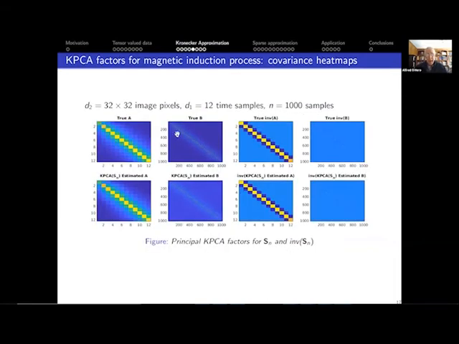And then one can also look at the time and space components, and this is where it gets interesting in terms of being able to analyze and build interpretive models for space-time processes. So here we just show the principal KPCA factors for both the A Kronecker B covariance and then the inverse, which is the inverse of A Kronecker inverse of B. The inverse, as we know for the MIE, has to have sparse behavior. And so here's the temporal behavior over 12. It's a 12 by 12 covariance.